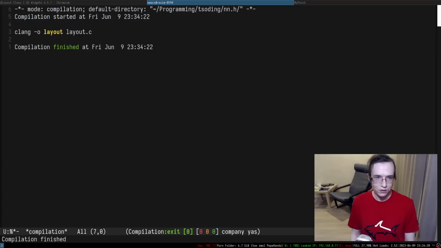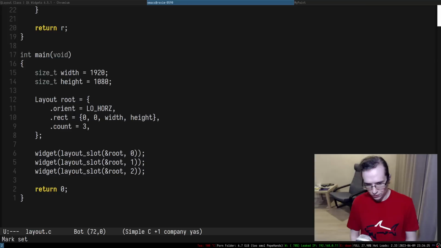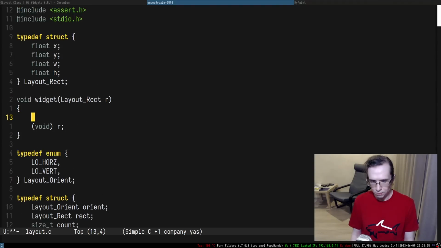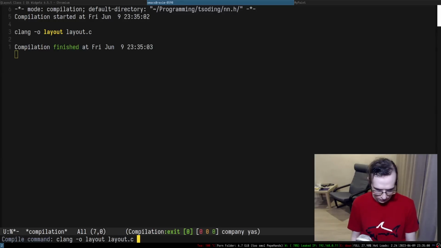So, alright, let me see. Okay, it seems to be compiling, and it would be nice to actually see the unforeseen consequences of our application. So maybe in a widget, I'm going to print the rectangles. We can actually print the rectangles, so let's go ahead and do that. So this is the widget, and we're going to have something like this. These are the values of the rectangle. Actually it has to be X and Y. And there we go, we're going to put this stuff in here, and let's take a look.